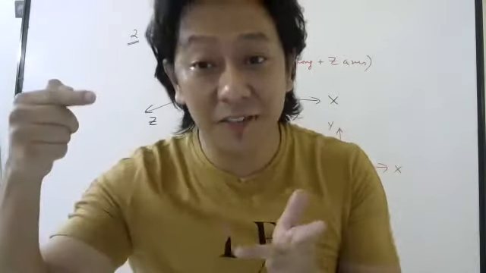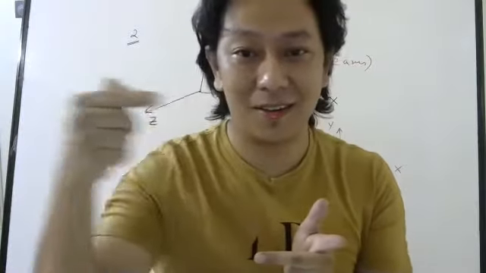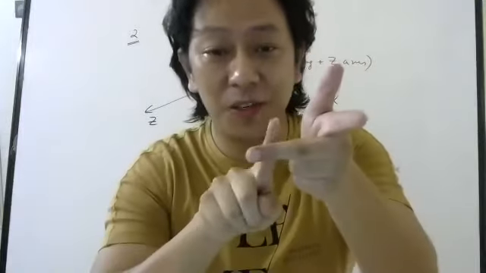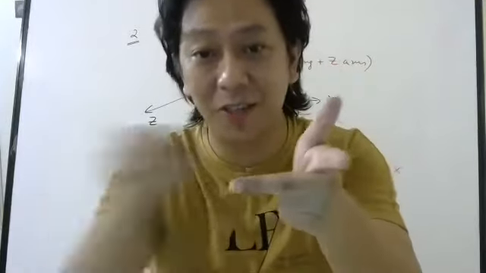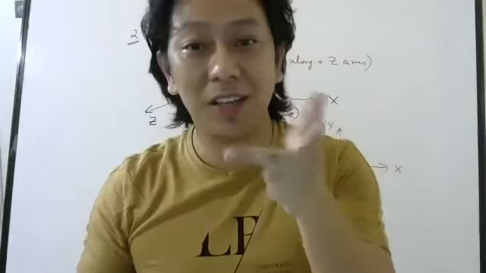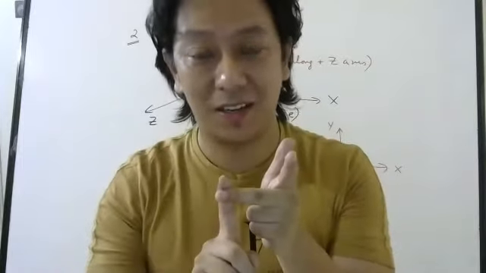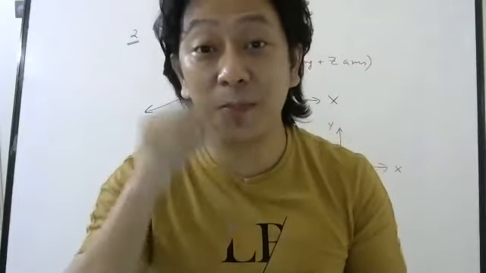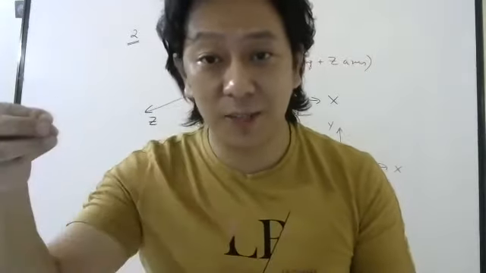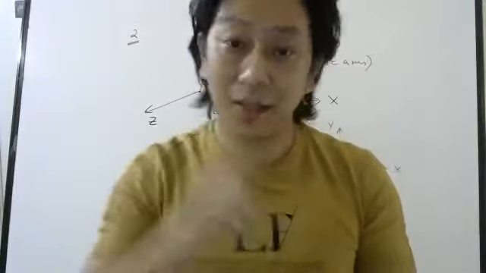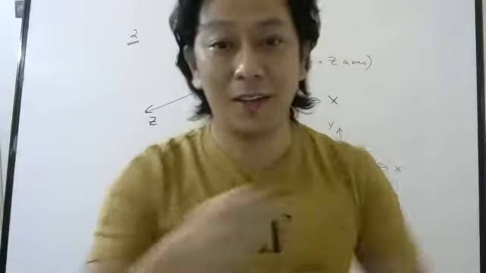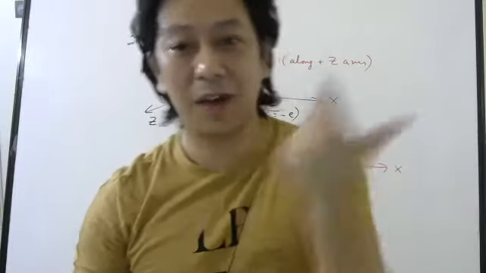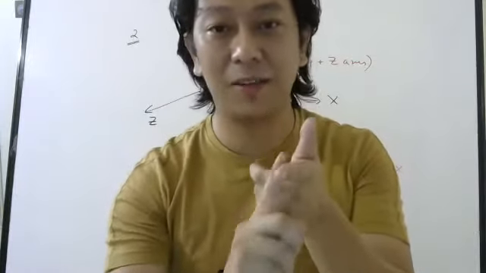So if negative charge is moving this way, your current will be this way. So you have to put your second finger in the direction of current, not in the direction of velocity. When can you put it in the direction of velocity? If the charge was positive. If positive charge is moving this way, then current also will be that way. Then you put this second finger that side. Okay, then you can find the direction of the magnetic field.